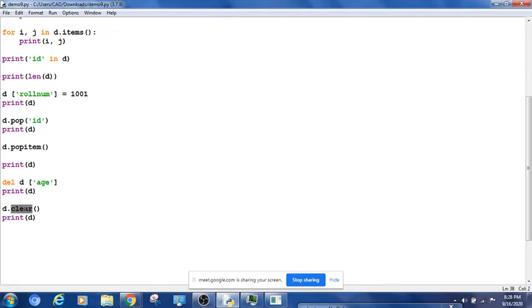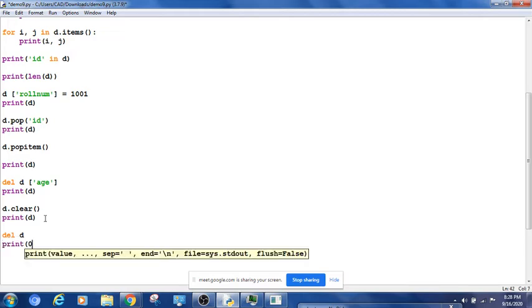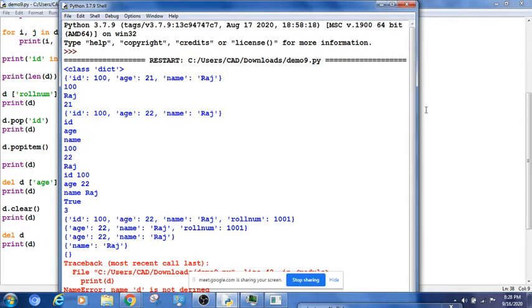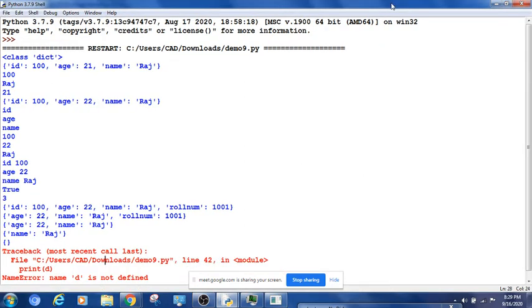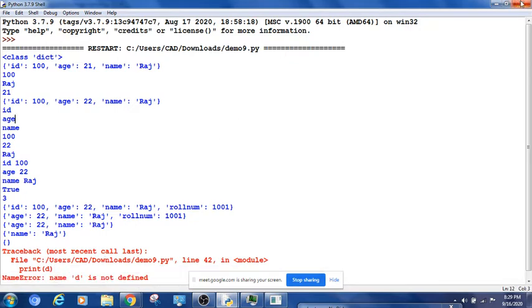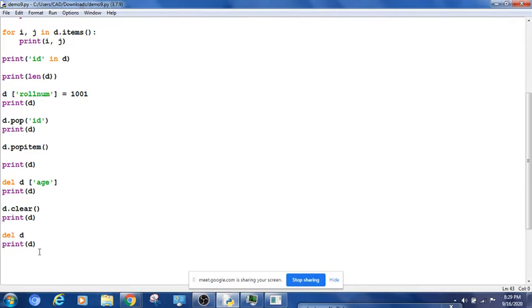Right? Now what if you want to delete this dictionary from memory completely? Then you can say del d. Delete it completely from memory. Once you delete it, you can't access it, but if you clear it, you can still access the reference. If you delete it, you will not be able to access it. This will throw an error. Yeah, you see here, it is throwing an error. You can't do this. It will say d is not defined because you have already deleted it. There is no d in memory now. I hope you understood all these things. Understood?